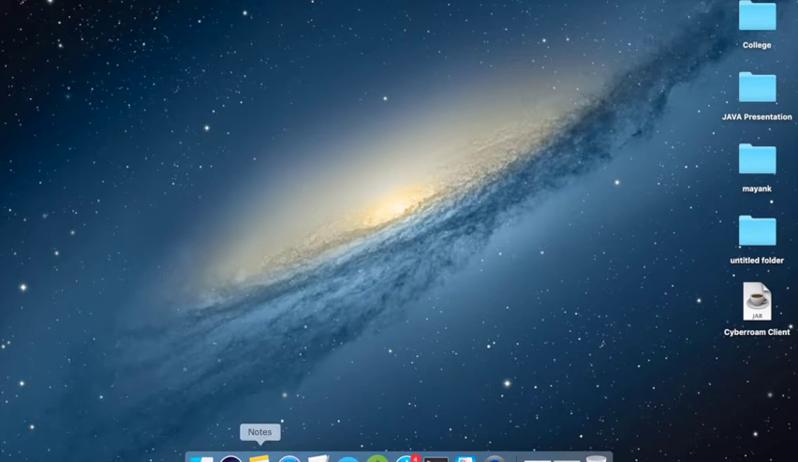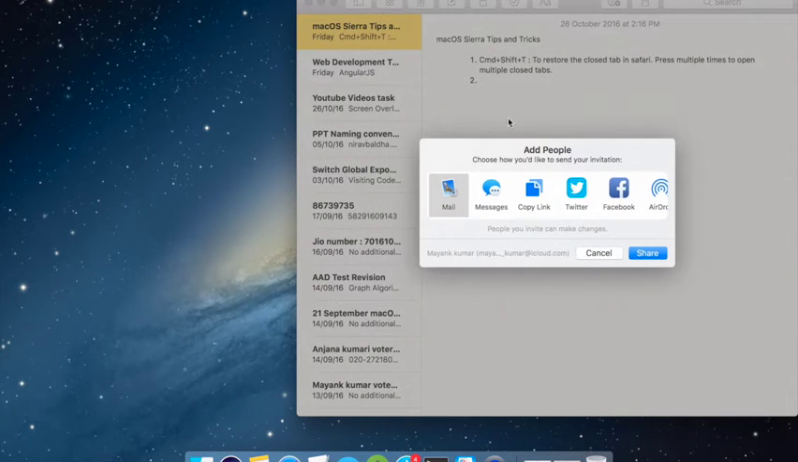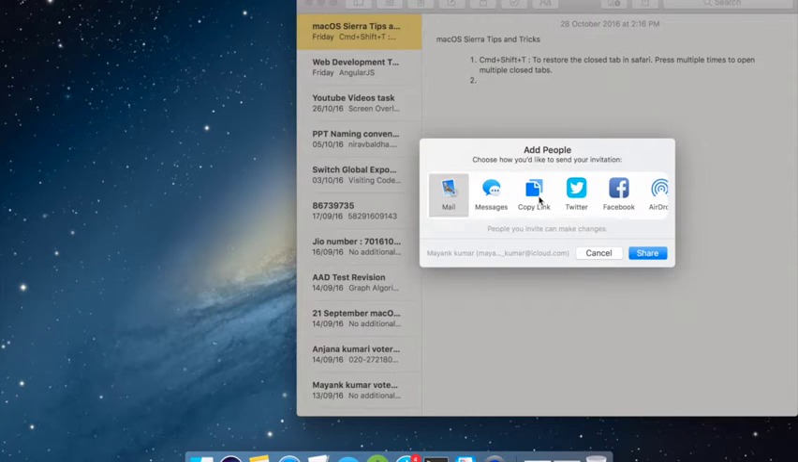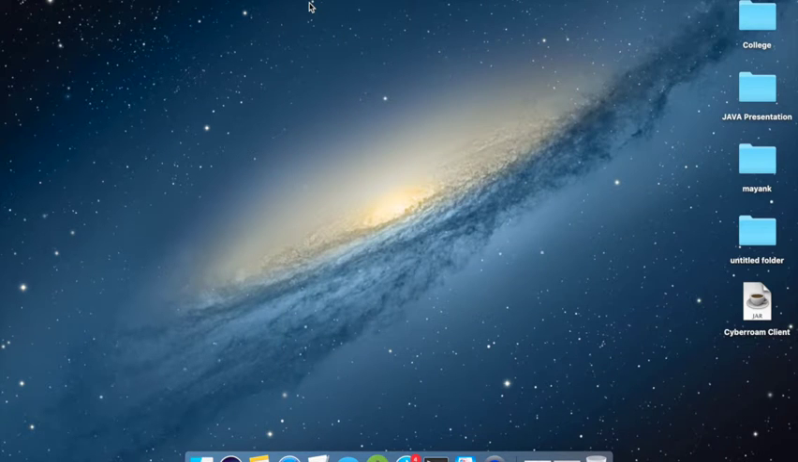Like there is another option in Notes. You can see the option here, collaborate. You click here, it will ask you to add people from Facebook, Twitter or Messages. You can do this and share your notes there as well. So it is a very handy feature provided by Apple. So moving on to the next feature,